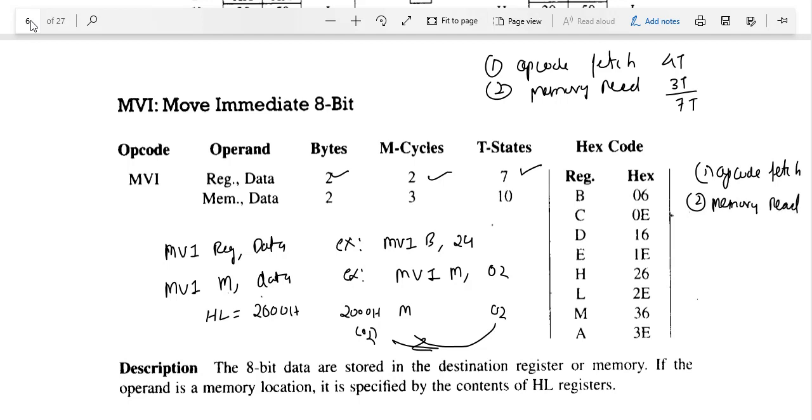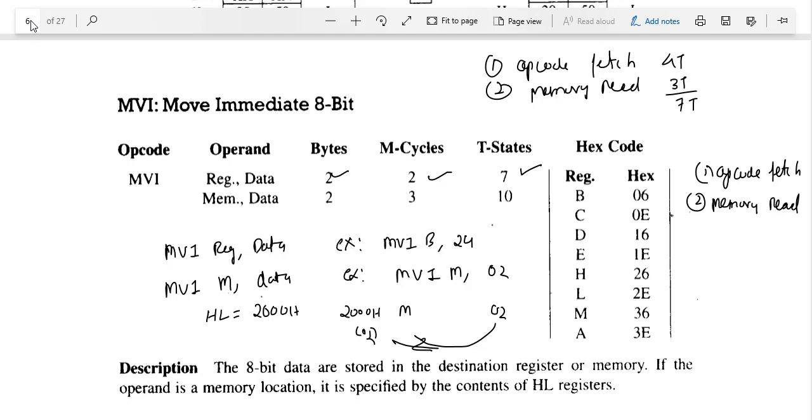So I give you a hint on how we can calculate a machine cycle. For example, if it is a 3-byte instruction, there will be at least 3 machine cycles: opcode fetch, memory read, and then we will find the probability of other machine cycles depending upon whether we are working with data that is outside the processor, meaning either we are reading or writing the data from memory or an input output device. If you are doing any operation outside the device, then we will count it as a machine cycle.